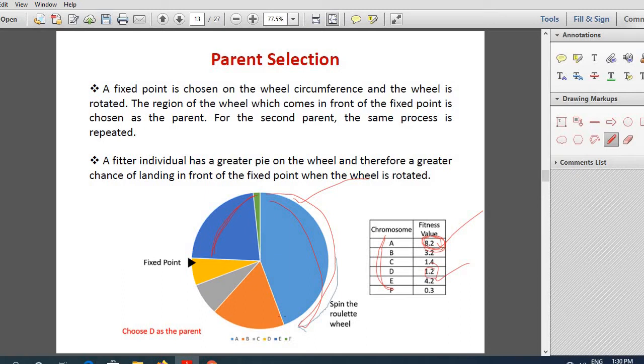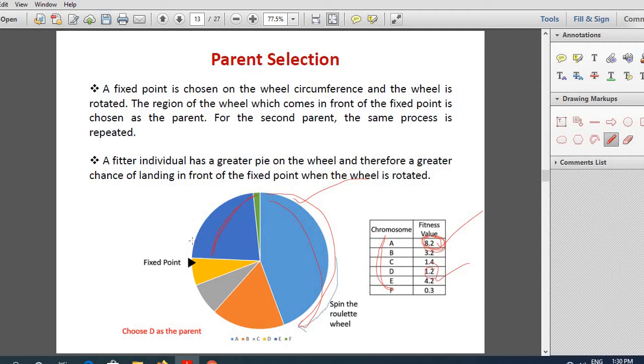But this is based on the concept that the wheel has maximum area for A, which has the best fitness. So when it is rotated many times, this area has more chance of coming to the fixed point. This area has more probability of ending up at this fixed point when the rotation stops.